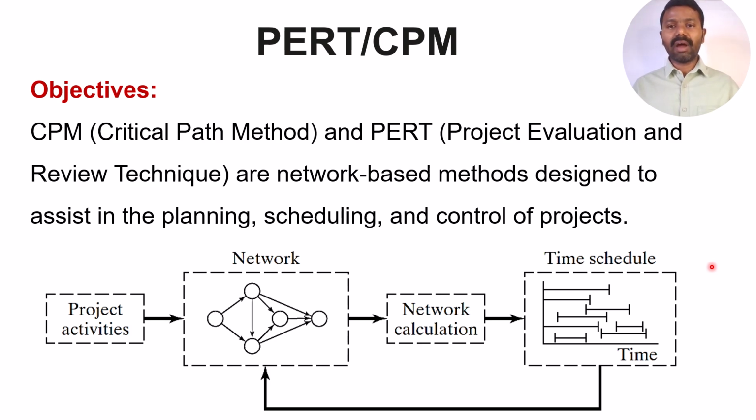If there is a problem with the time scheduling, then we go back to the network model and modify it, then come to the network calculation, and then go to the time schedule. So, for example, a simple example: you have been given a project by a company,